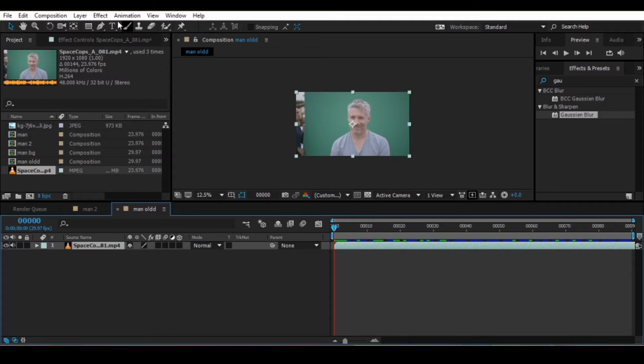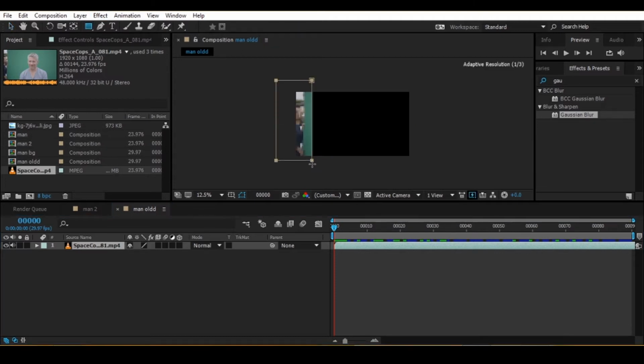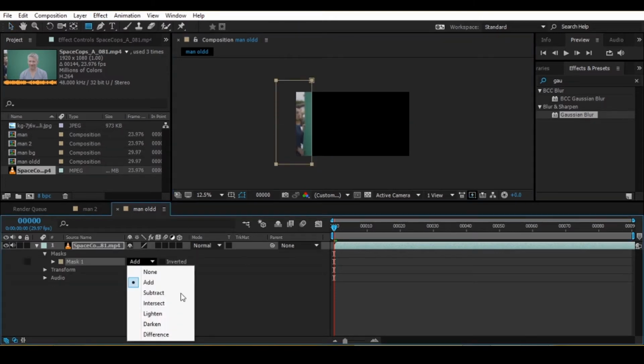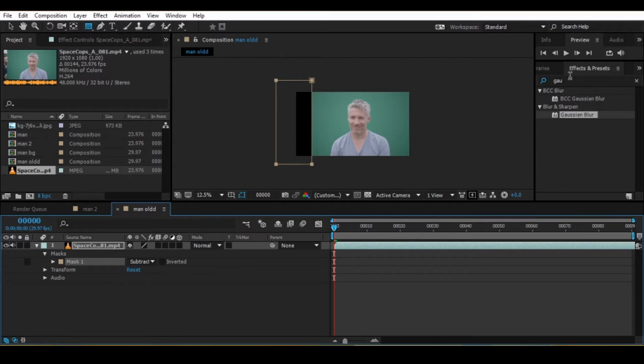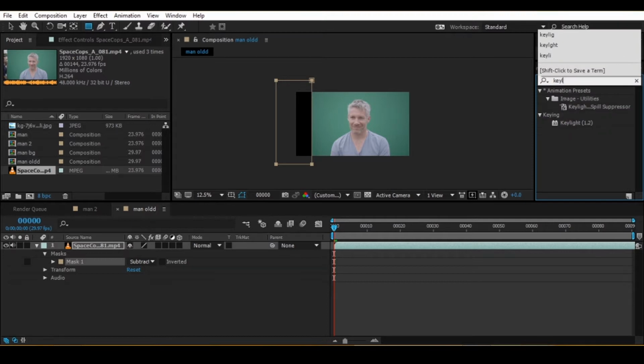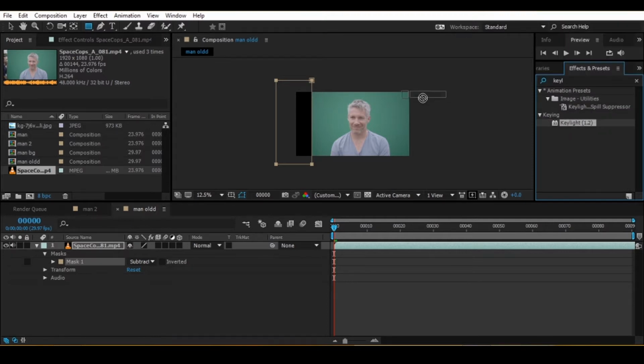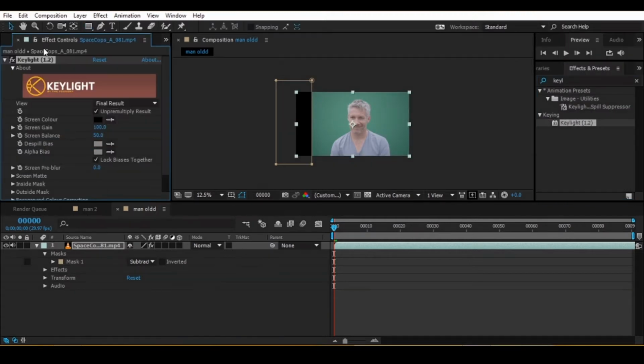Firstly we have to remove the green. So what I will do is subtract this area from the scene, because it can cause problems. Okay, so I have just subtracted that area. I will go over here and search for Keylight. Keylight is, I think, the best plugin till now to remove it, or you can use other tools like Primatte Studio or other things. I will take this picker and go over something like that.